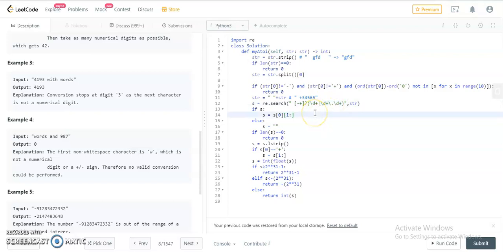So if I check for this part, it means there is one or more occurrence of numeric digits, right? Or this particular part is for the satisfaction of decimal point digits. So if something is like this, we are checking one or more numeric digits, decimal, one or more numeric digits, right?